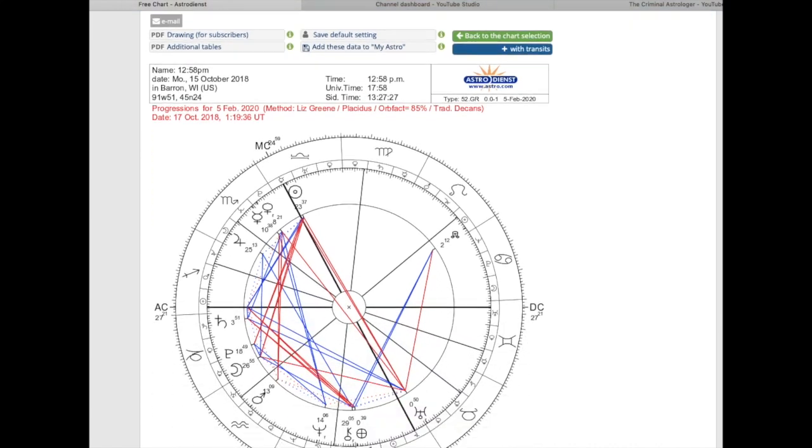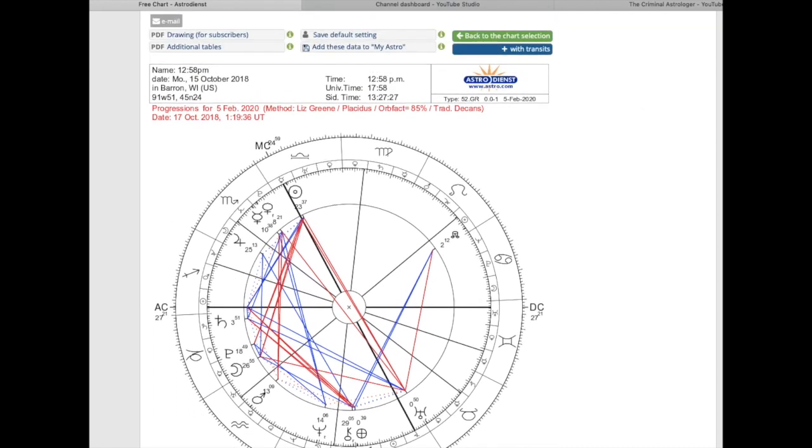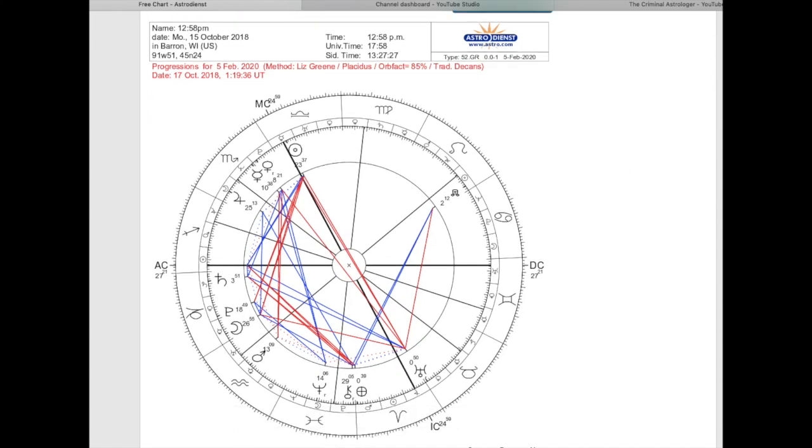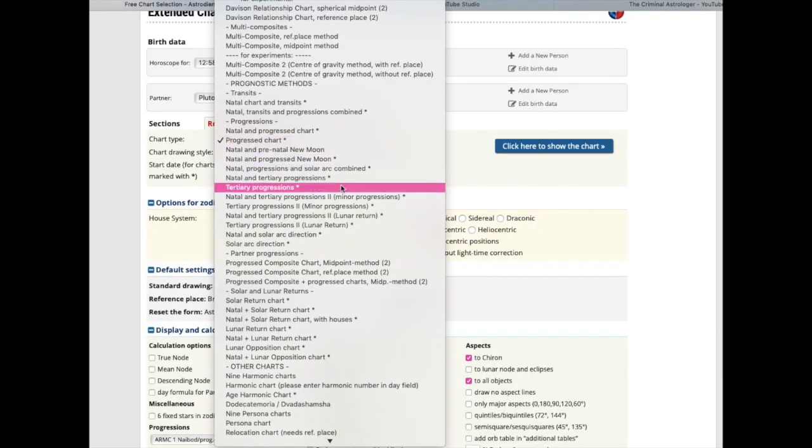And then pretend that this is somebody like myself. And this is now the progressed chart only. And you can see that because it says progressions for the 5th of February. So that date in that box was important as well. But the birth time here is completely different. So that's just the progressions. Now you can do